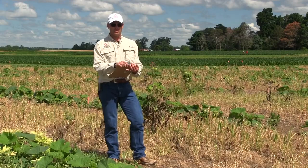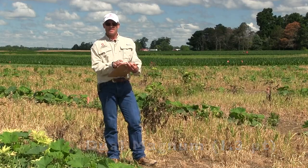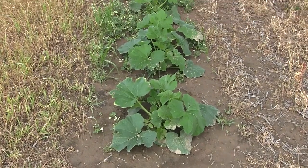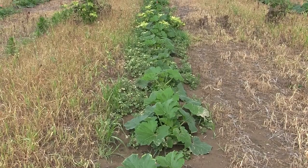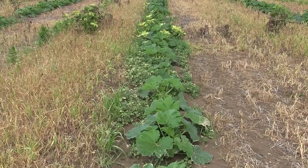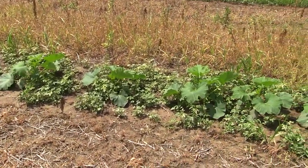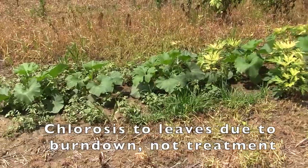So now we're in plot 103, which is Dual, or metolachlor, at 1.3 pints. One thing I'd like to point out first as we go through this plot is that we had a running weedy check, and it was getting out of control, so it got sprayed off with a non-selective herbicide. But it also had some residual with it in Strategy, which has the Command, or clomazone, which can volatilize and likes to turn everything white. So that's kind of what we see going on here with the Venice mallow and the giant ragweeds. They're kind of turning white, but that's from the Command that was in the Strategy that we put in the